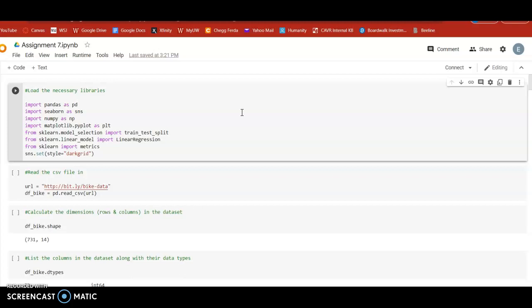If I didn't load all these libraries in, I would not be able to make the graphs I needed or generate a linear regression model. Then I loaded the CSV file that had all the bike rental data, and I saved the data in a data frame called df_bike. Next, I calculated the dimensions and found that the data had 731 records, or rows, and